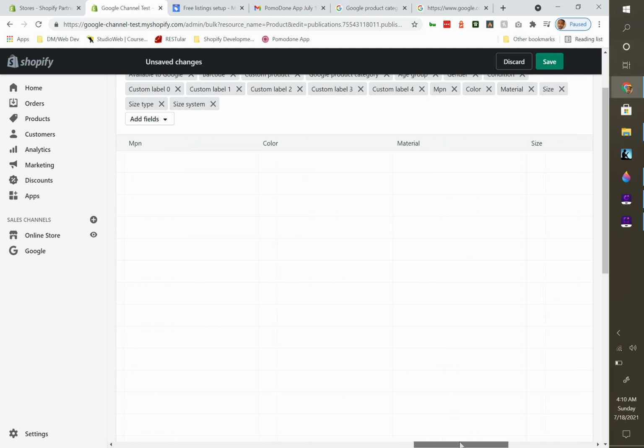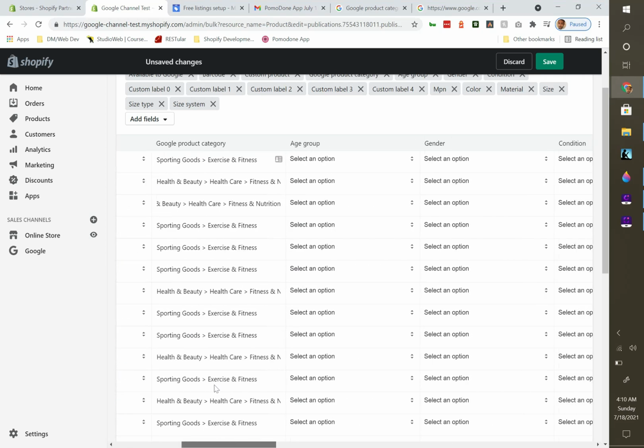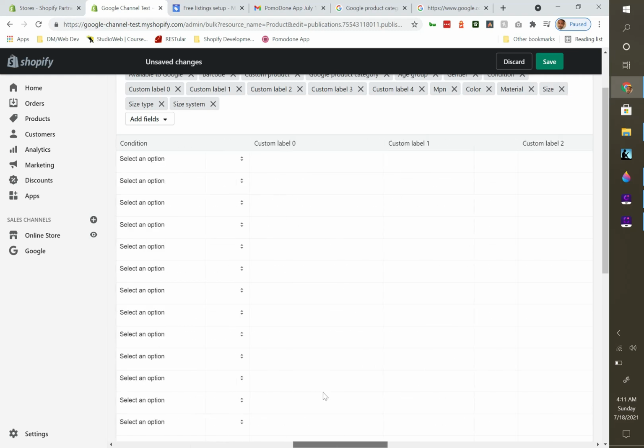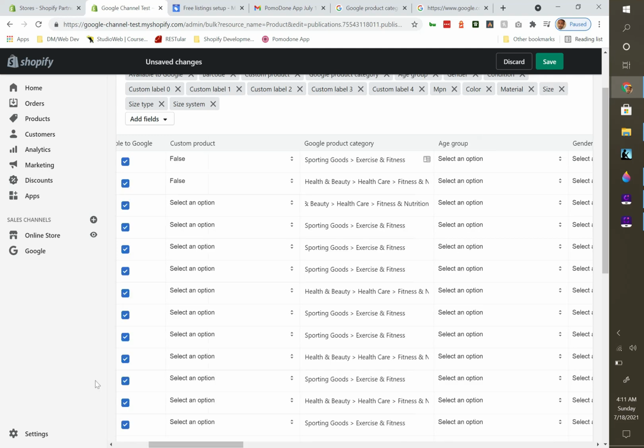There's also color, size, size type, and barcode, right? Now, the age group, gender, condition, size, and barcode, and the size type are some of the other fields that you might want to consider filling in. The reason why is because it helps Google and customers better understand exactly what your product is and who